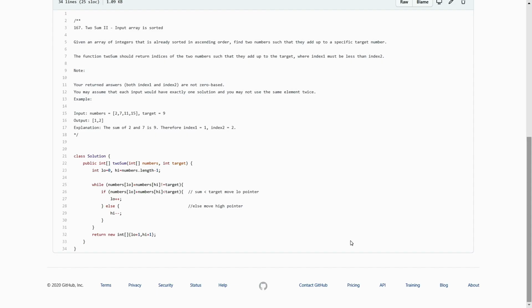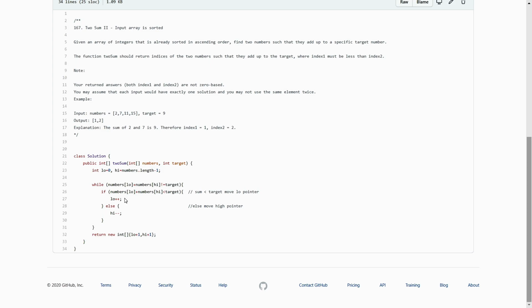All right, now let's go through the code once and understand the approach. So here the given input array is in sorted order, and we have been given one target which we would like to check. So we have initialized two pointers. One is the lower pointer, one is the higher pointer. Your lower pointer will start from 0, the higher pointer will start from the end of the array, and we would like to loop continuously until we find one matching pair where the sum is equal to the target.